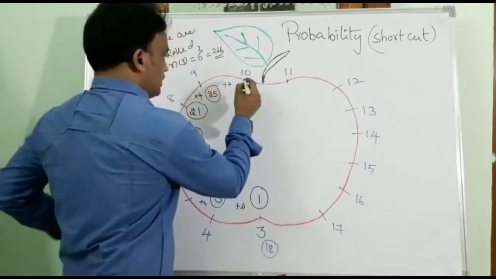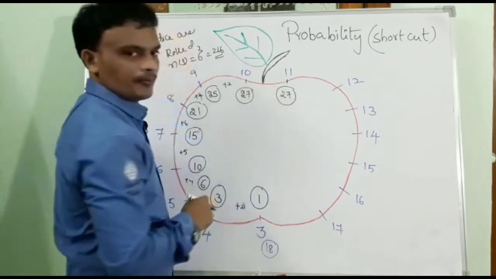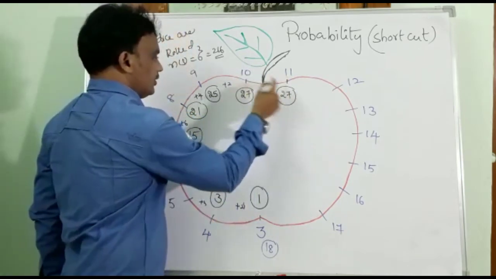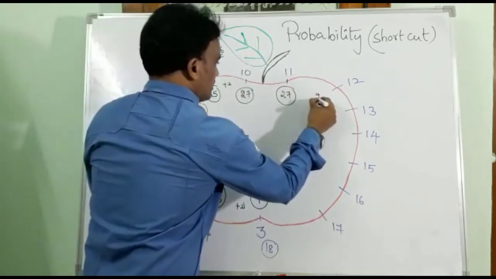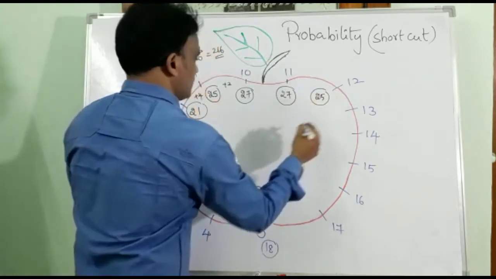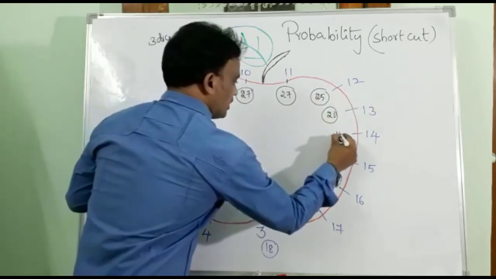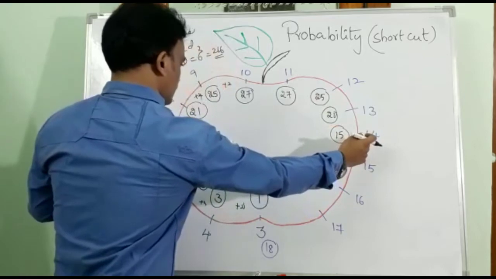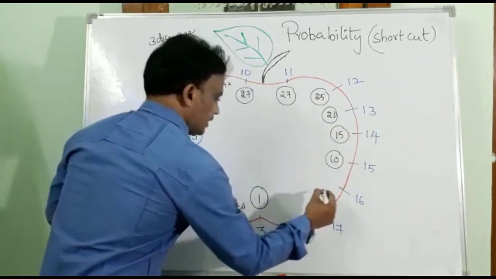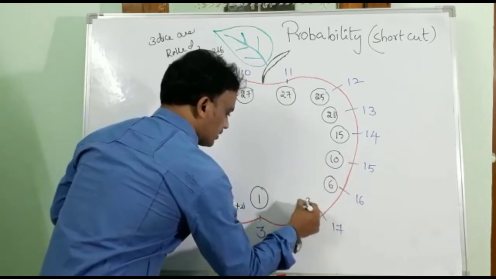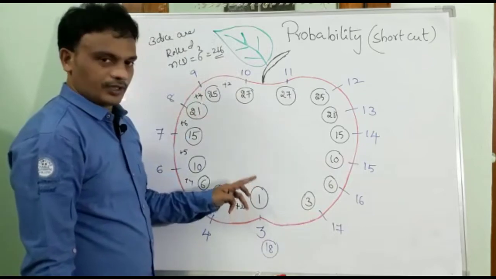For sum 10 and sum 11, we will get that the favorable cases are the same. That's why I write here. We will get the shape like this. Then please write this. For this case, it is 25 possibilities. This is 21. Sum is 13, and sum is 15. Sum is 14, the 15 possibilities, and here it is 10 and it is 6 and it is 3. And the sum is 18, we will get one chance like this.